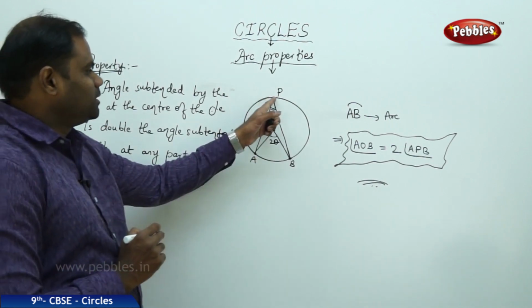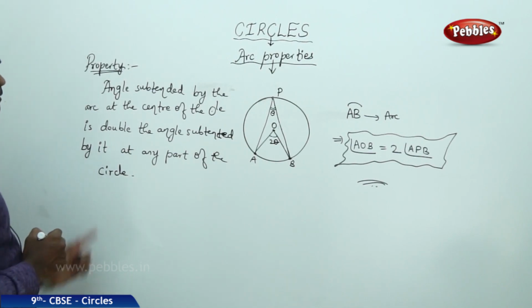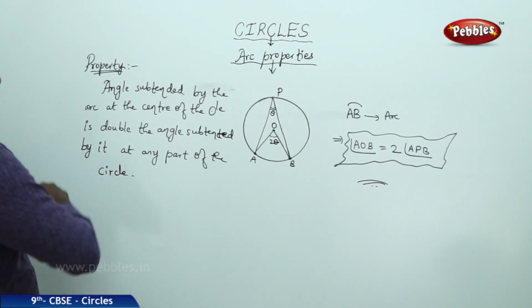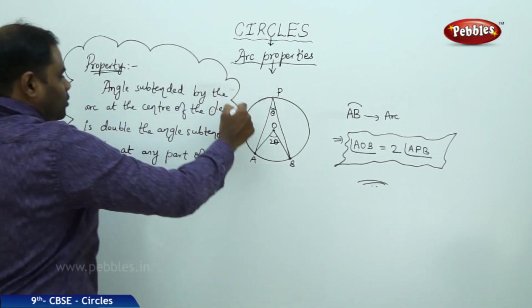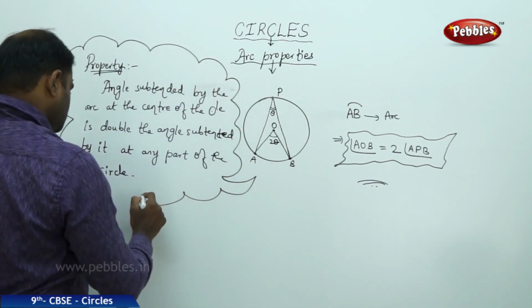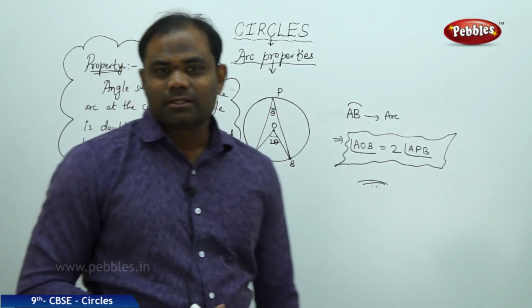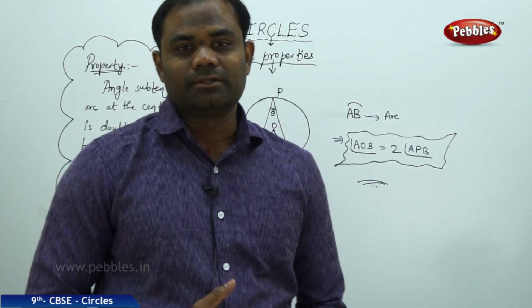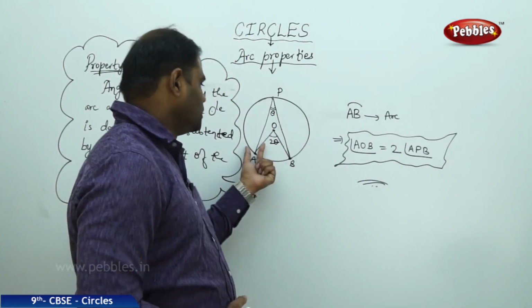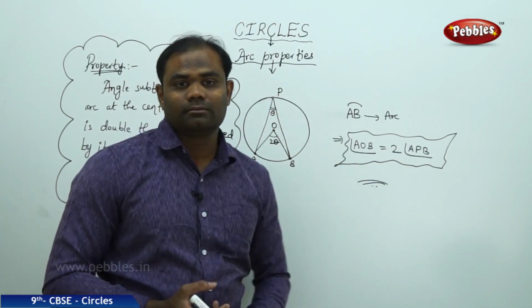So here P is on any part of the circle. At any part of the circle is how we understand the double angle property of the circles. Angles subtended at center and on the circle are related: angle AOB is twice of angle APB, is how